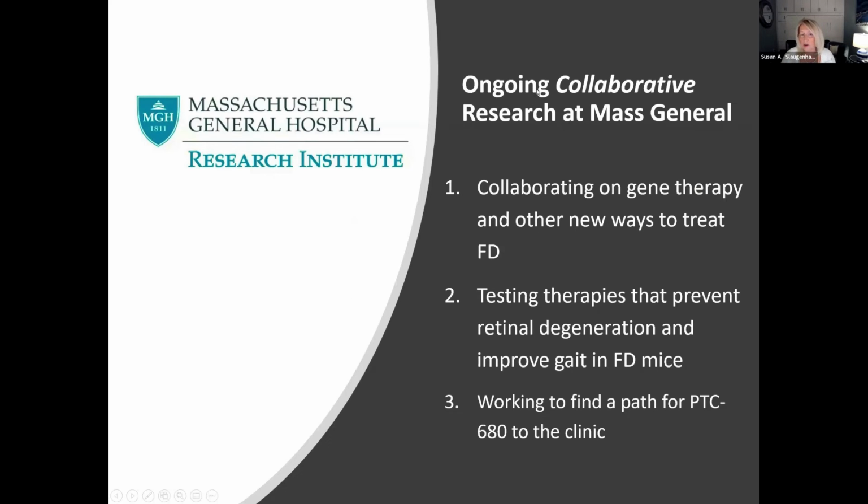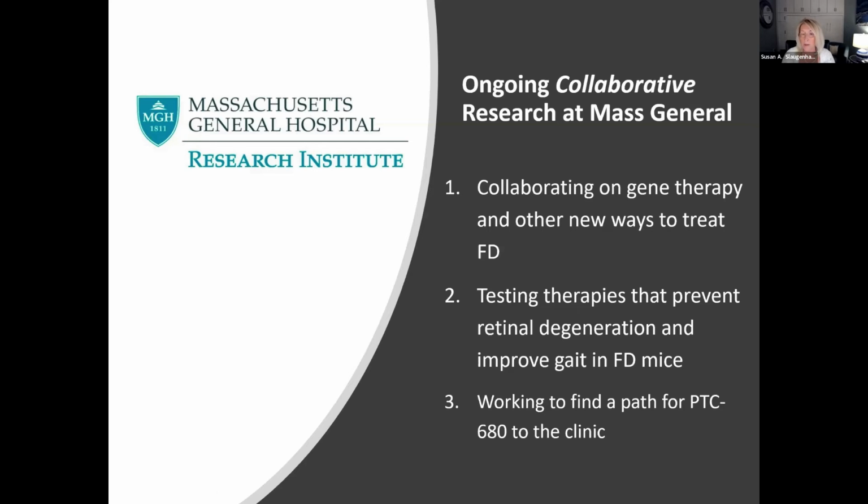So in addition, you heard a little bit about the work that we're doing collaboratively. I want to stress how much of a team effort this is among everyone that you're seeing today. Whether they're the clinical researchers at the center or in Israel, and the fundamental scientists that are working in Francis's lab and in my lab and others, we're all working together, and we do talk and collaborate a lot together to figure out the best path.